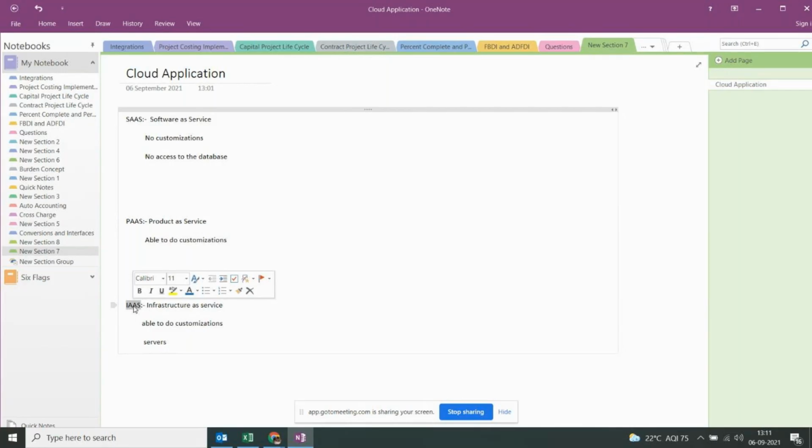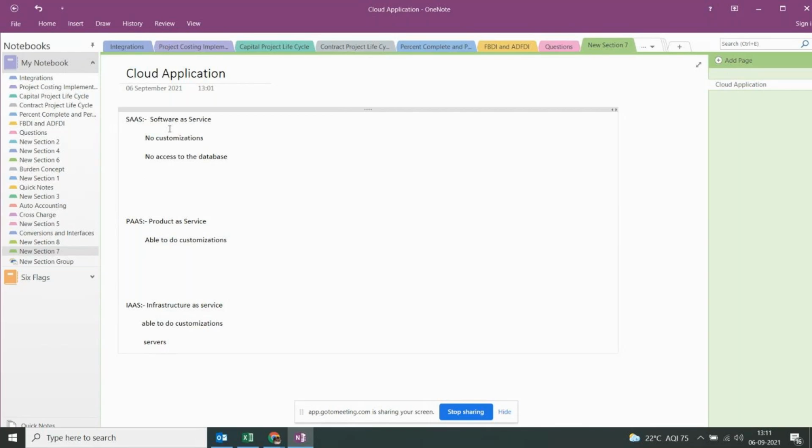So Oracle is not responsible for that, but the particular organization is responsible. But when it comes to PaaS and SaaS, yes, Oracle is responsible for the downtimes. Whenever the server goes down, Oracle has to work on it. It's not the organization's responsibility.